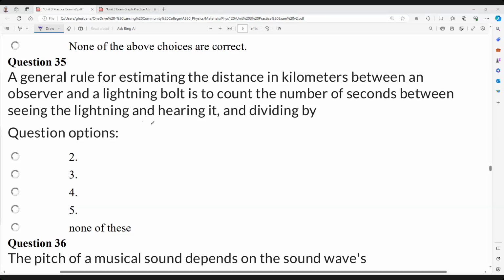So it might be, the lightning, and because the velocity of the